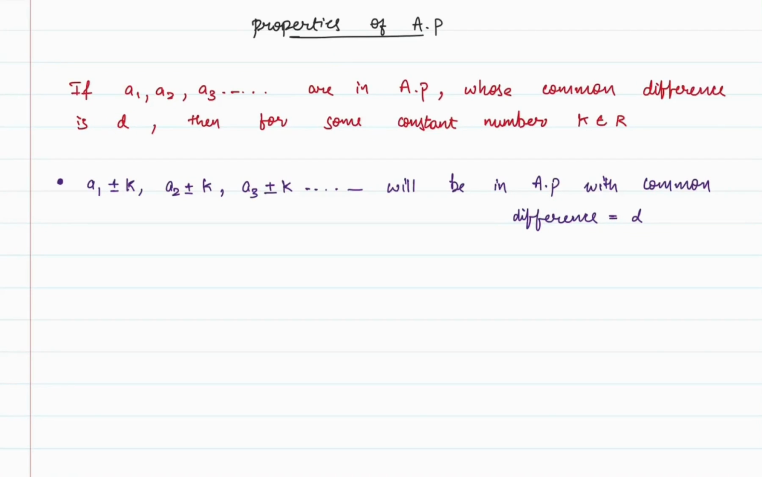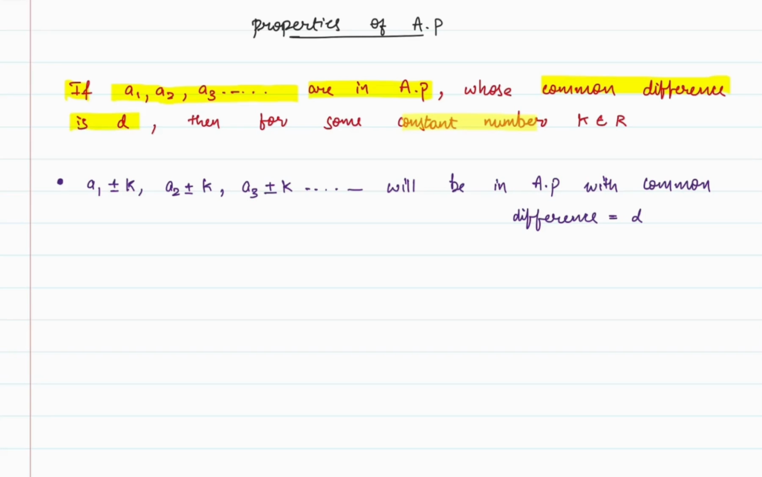Hello students, in the previous video we have seen what will be the nth term of an AP in terms of its sum, and in this video we are going to discuss a few properties of an AP. So suppose A1, A2, A3, and so on up to infinite terms is an AP whose common difference is d,